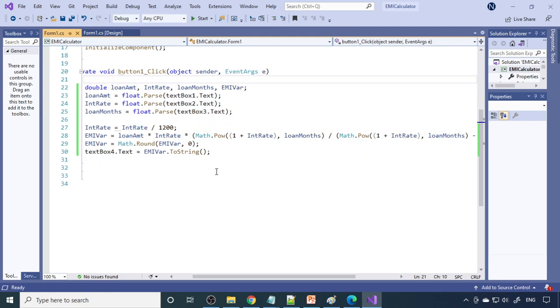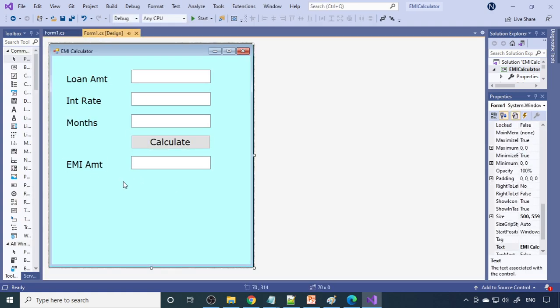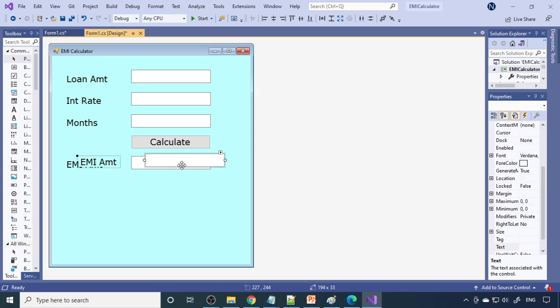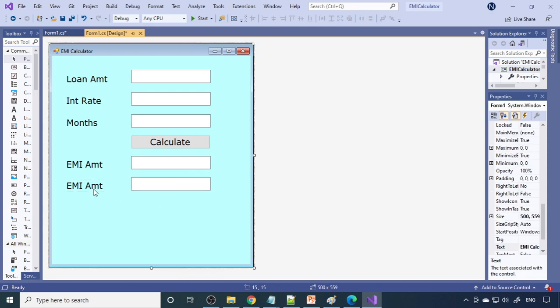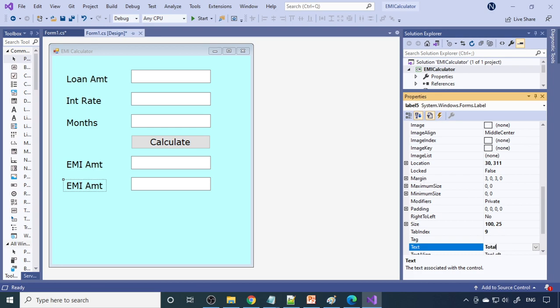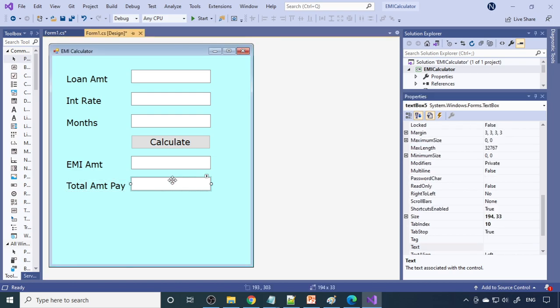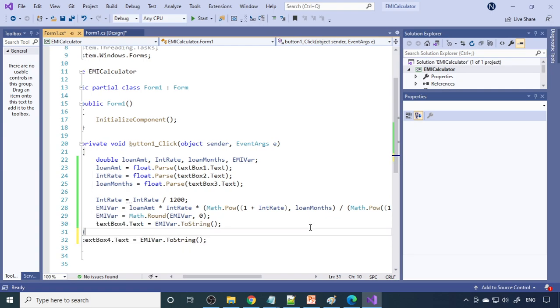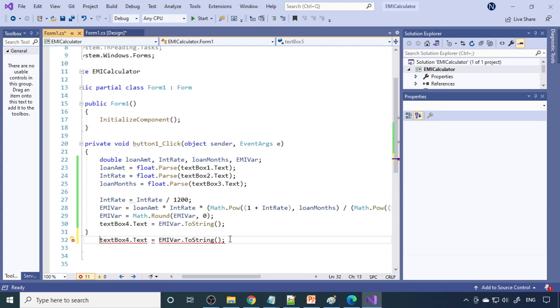So I can write the program here, and in case you want to find out the total amount you need to pay at the end of the 60 months, you can calculate that. So how to calculate the total amount to pay? This is text box 5.